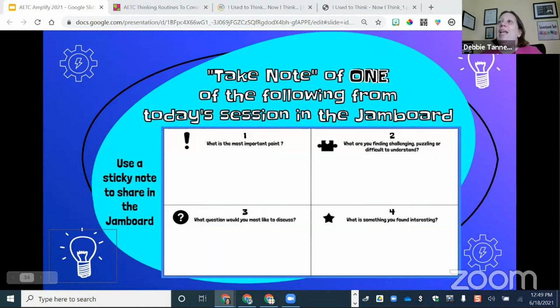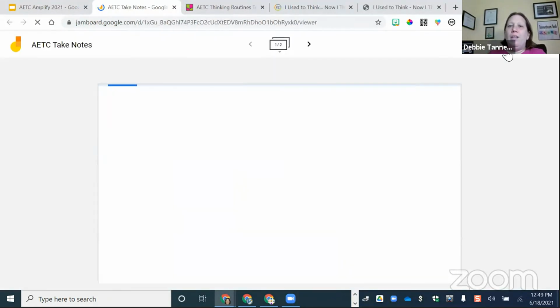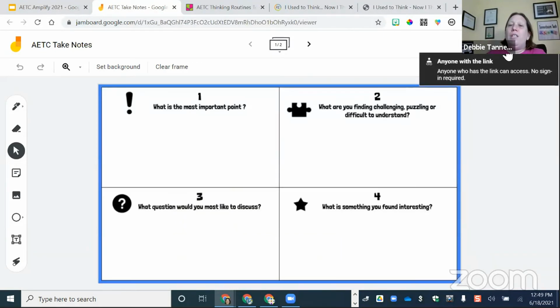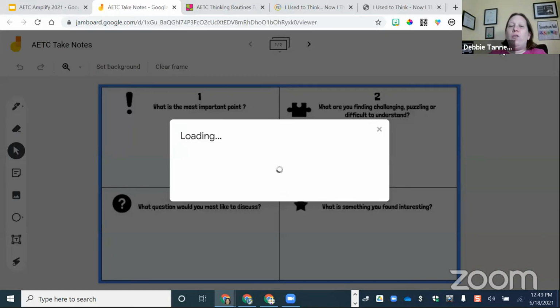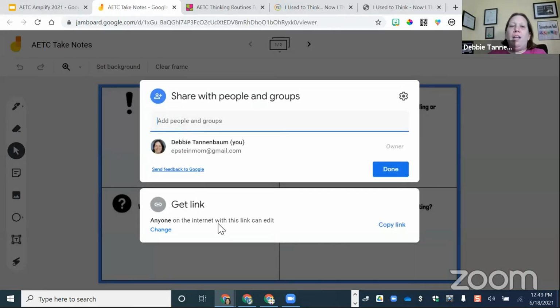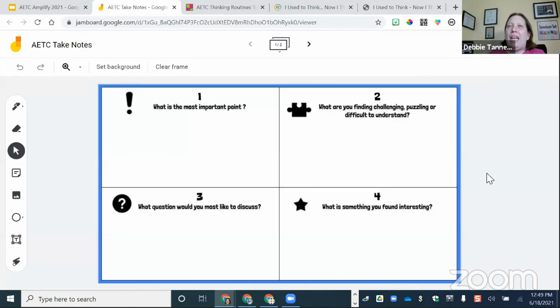So I'm going to go ahead and give you that link in the wall, and I'm going to go ahead and open this. And as we look at this, you're going to see that what I've done in Jamboard, if you want people to participate, I've gone to that sharing and I've given anyone with the link can edit. So that's an important thing to just kind of remember, is that you want to make sure that everyone can edit.